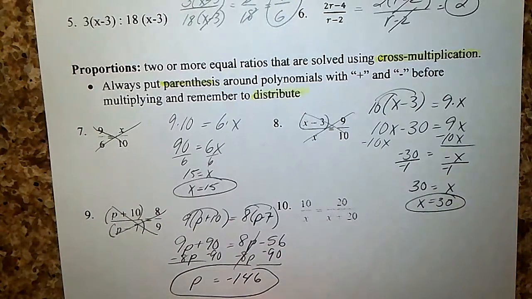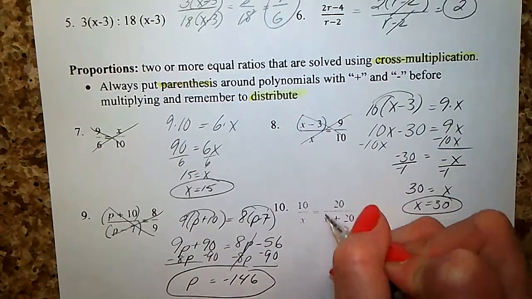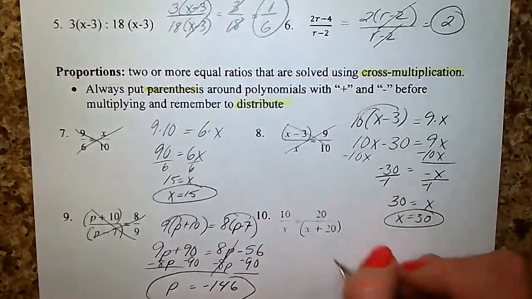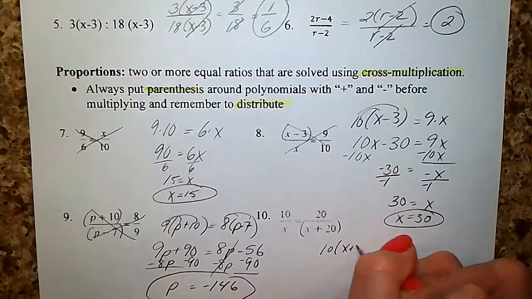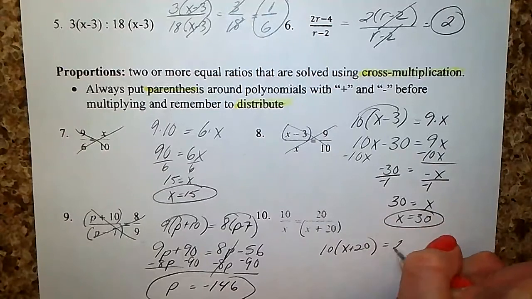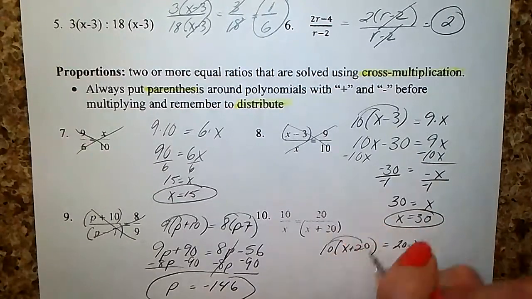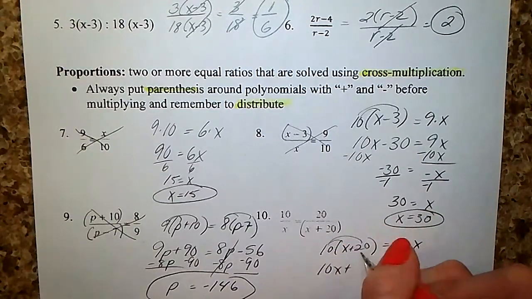All right, last one in this review. All right, again, I have a plus sign down in here. I'm going to put parentheses around that. So I have 10 times (x plus 20) is equal to 20 times x. So again, I have to distribute 10x plus, that is going to be